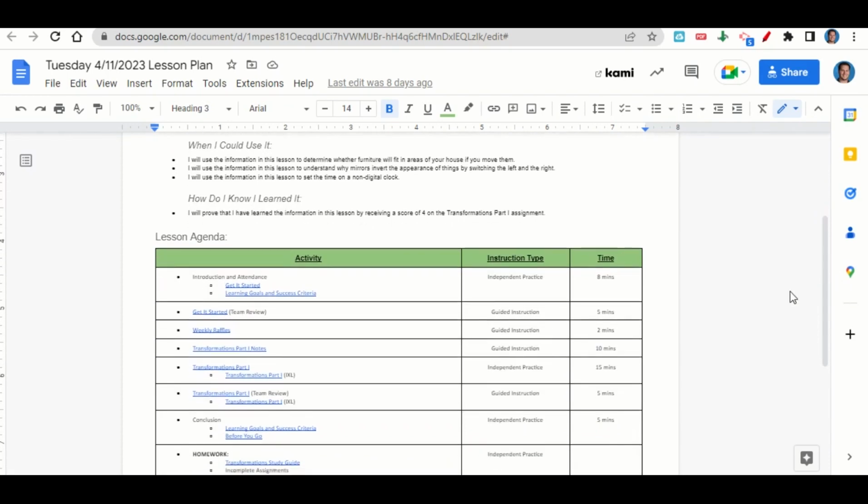Now let's take a look at our agenda for today. We will begin by going over the learning goals and success criteria. While we do that, you'll fill out your Get It Started. Once you've completed your Get It Started, we'll go over it together and answer any questions that you may have. Next, we'll do our weekly raffle. After that, we'll go over the Transformations Part 1 notes, and I'll give you time to complete the Transformations Part